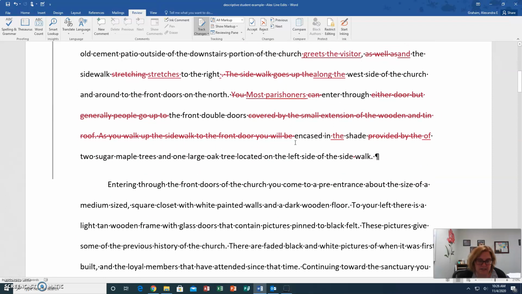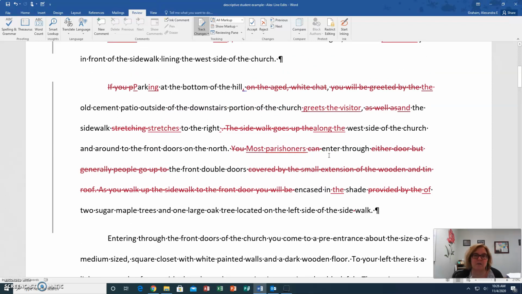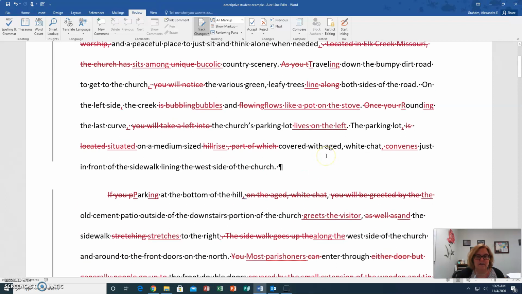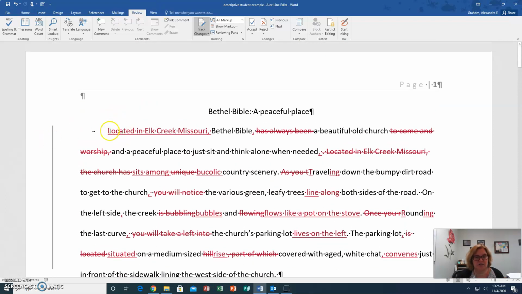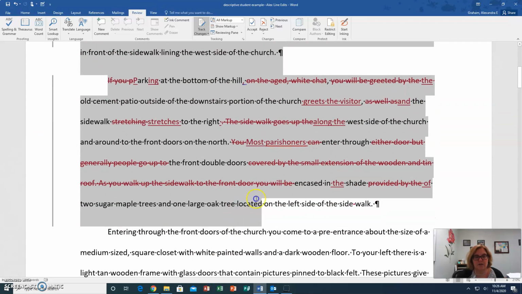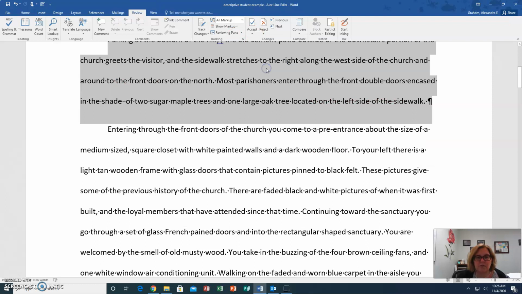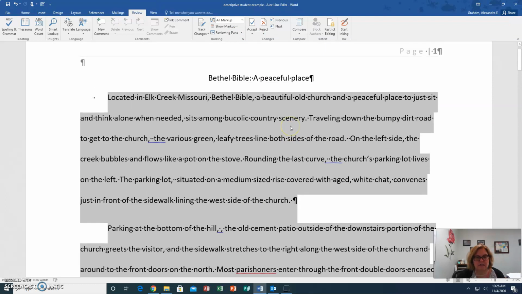And so, it's peaceful, but it's also intimate, right? The writer writes this as sort of an intimate experience. And so that would sort of make sense. All right, so I'm not going to feel too bad about that. So I've done all the things that I wanted to do for this paragraph. All right, if I accept my changes, so let's say I accept all these changes. Accept all changes and stop tracking. All right. It's shorter, but it should be